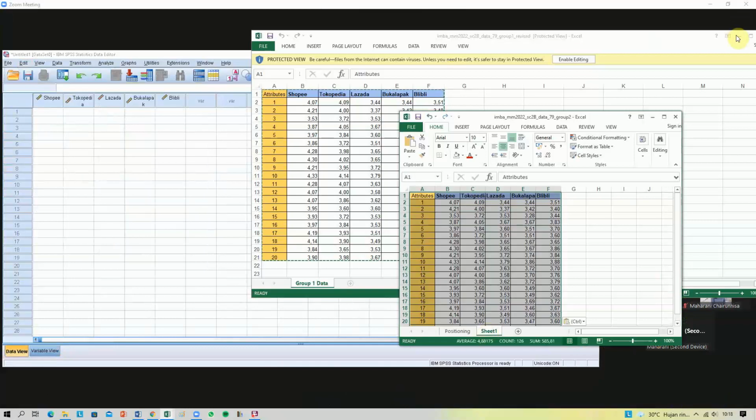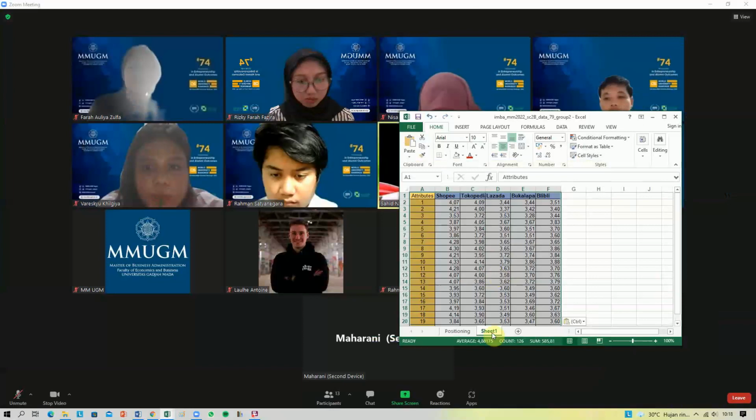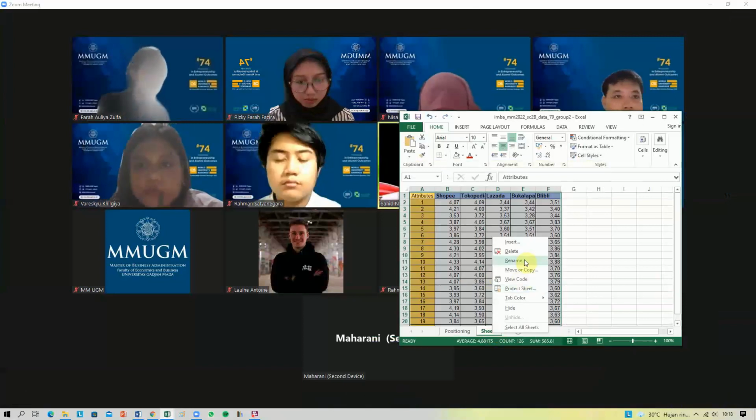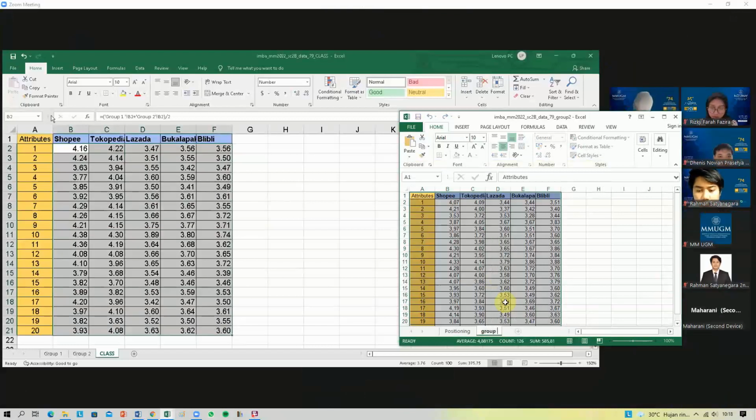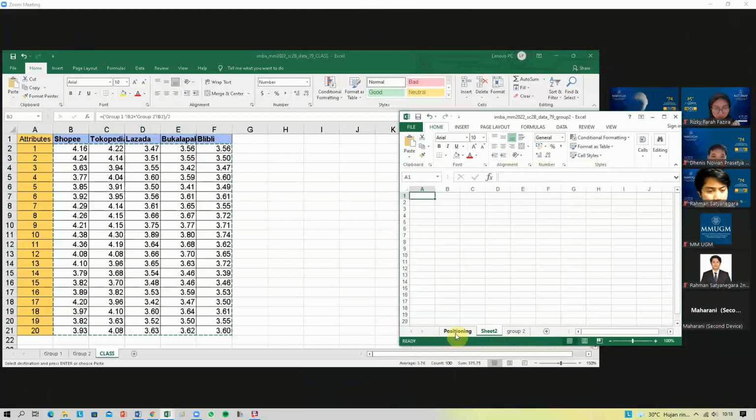Okay, so go to Excel, and then copy only the data, and then go to SPSS, paste.